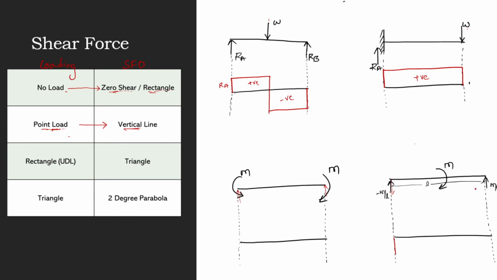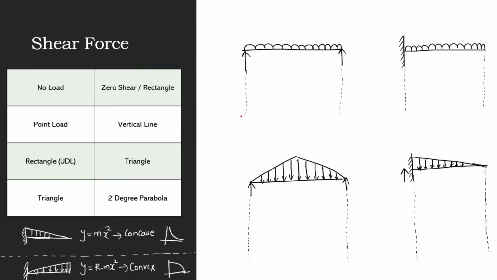And then from this part to this part there is no load, so there is no reaction, and then you continue with no load, that is zero shear, a rectangle, you will draw this. And then finally there is a point load again, to make it go back to zero with a vertical line. This is negative. So these are a few examples to explain these 2 points, and in the next slides I will discuss the other 2 points. So let me show this on your screens now.